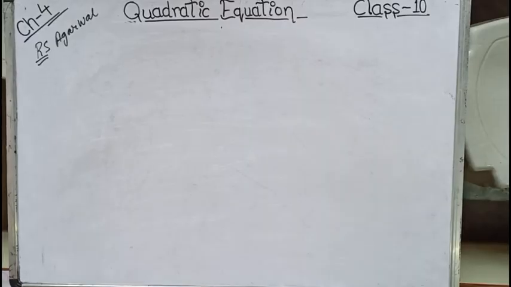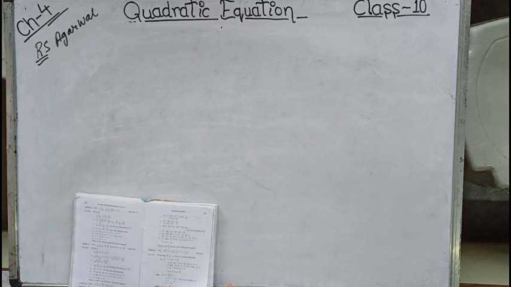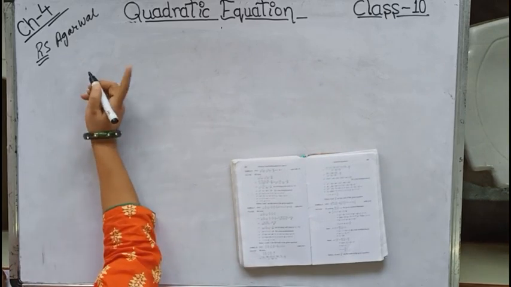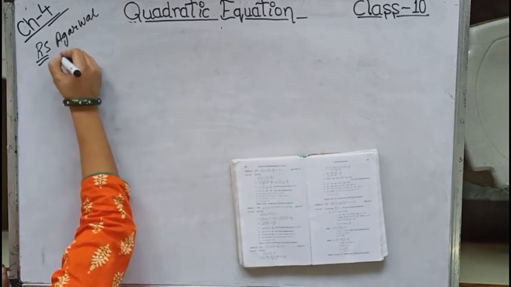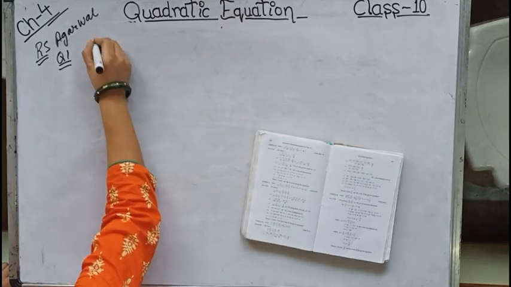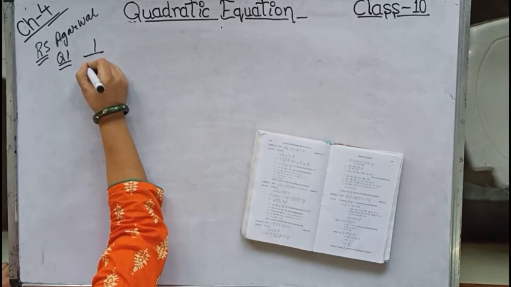Now let us do few sums from RS Agarwal. Now in R.S. Agarwal you can get many important, many good sums as well. A variety of sums are there. I am taking one example, solved example over here. Solved example number 17 as written in my book. But over here I am writing question 1. You find which question is there in your book. The question is solve